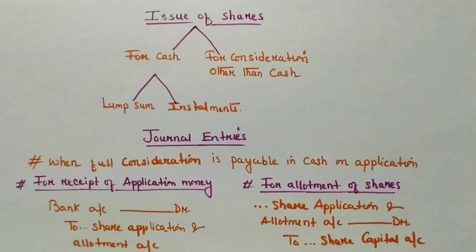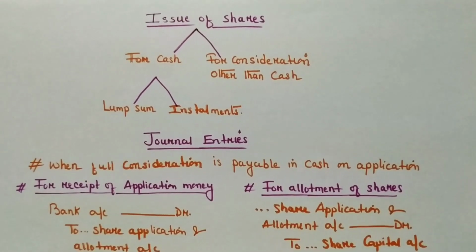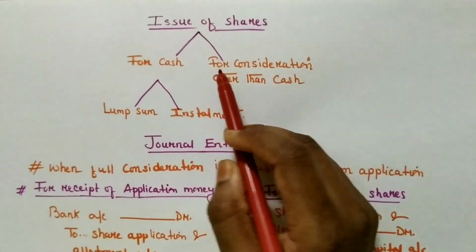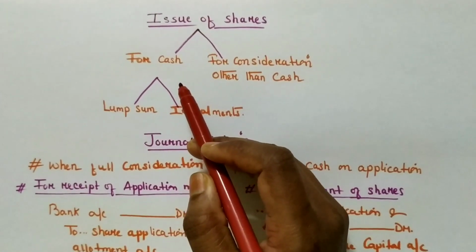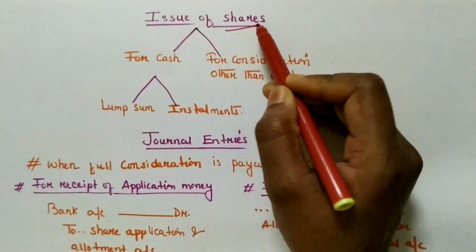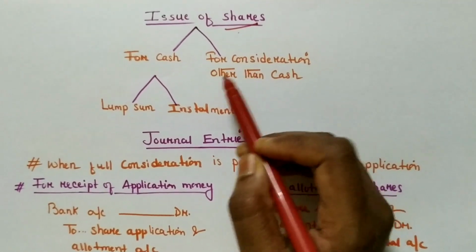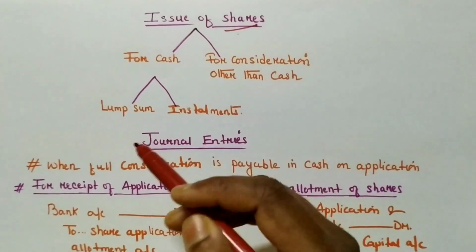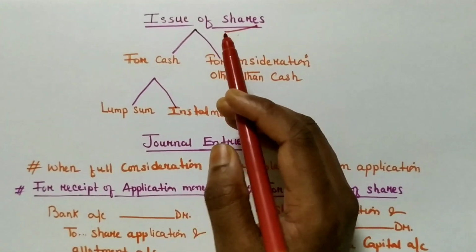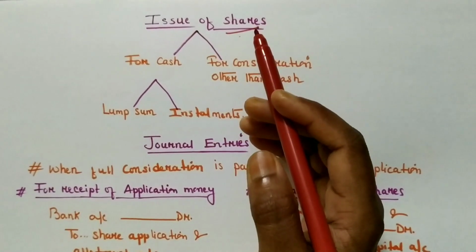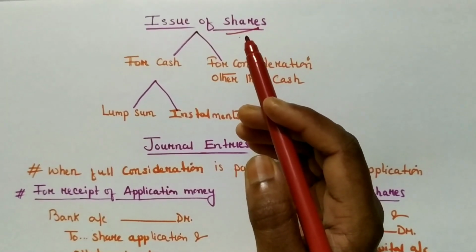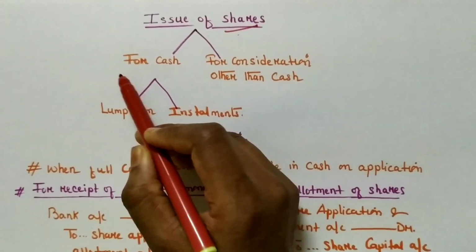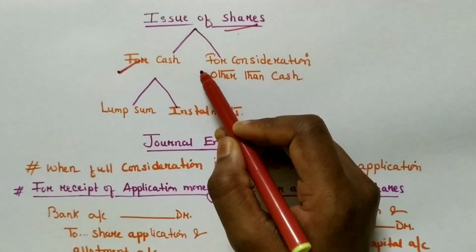Today in this video, we will learn how journals are passed regarding issue of shares. First of all, we should know what is issue of shares. Issue of shares to the public is a process through which the capital required for carrying the object of the company is raised. Now, this issue of shares can be in two cases, that is for cash and for